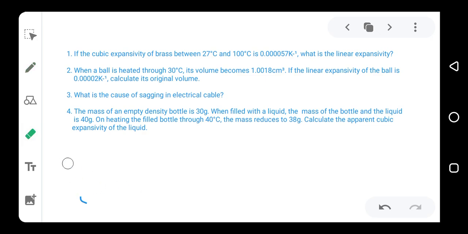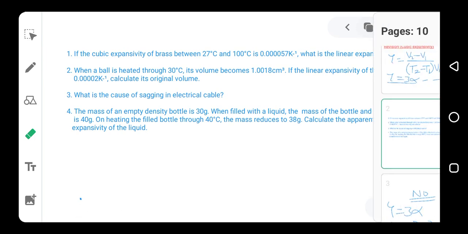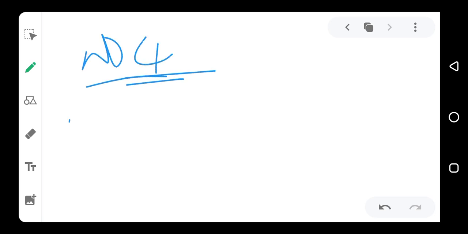So number 4, let's solve it. Number 4, the apparent cubic expansivity here is equal to change in mass